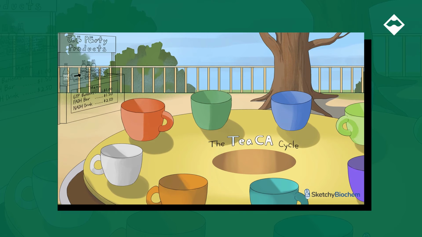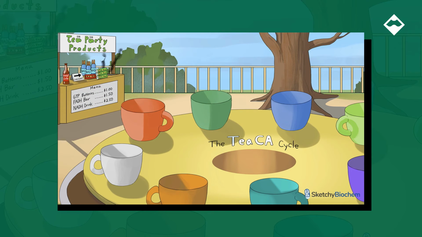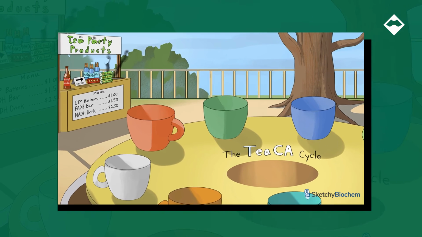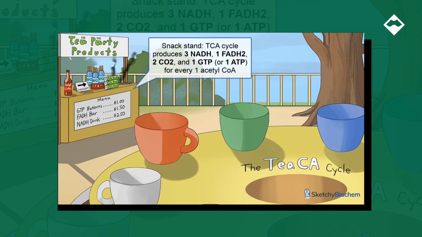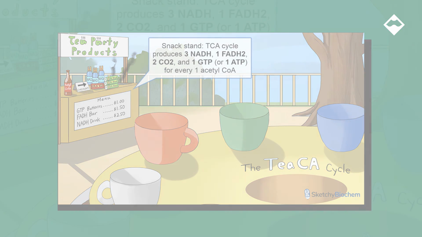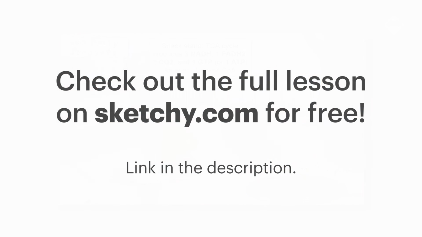The TCA cycle produces 3 NADH, 1 FADH2, 2 CO2, and 1 GTP, or 1 ATP, from 1 acetyl-CoA. This convenient snack stand will help you remember the products of the TCA cycle. To the left, we start with 1 acetyl-CoA. Acetyl cola. To the right of the checkout arrow, we have 3 thirst-quenching NADH energy drinks, 1 FADH energy bar,